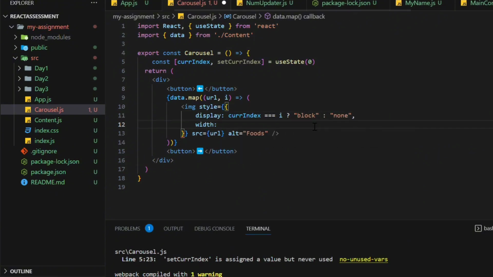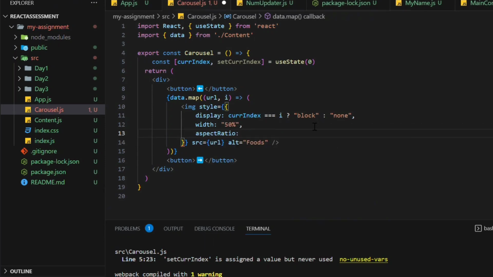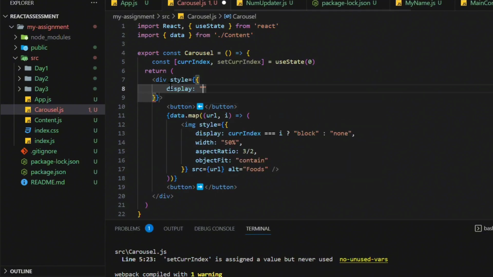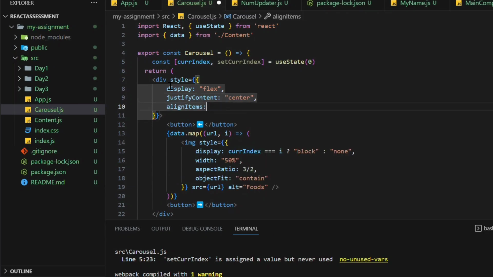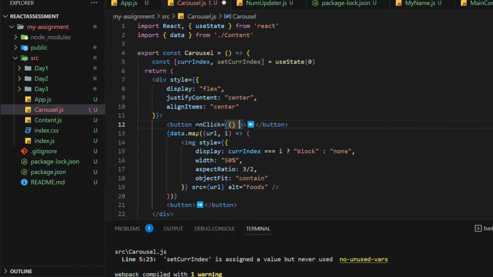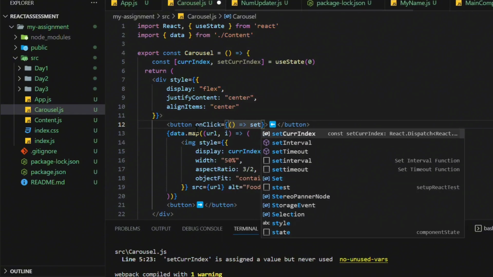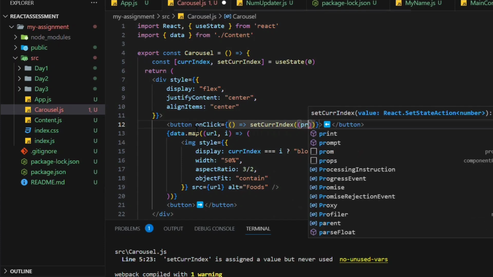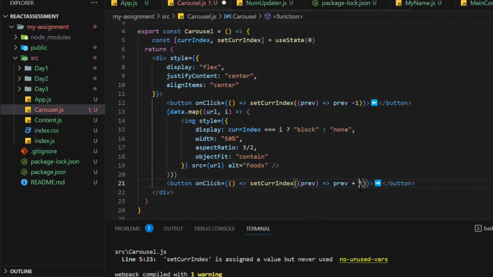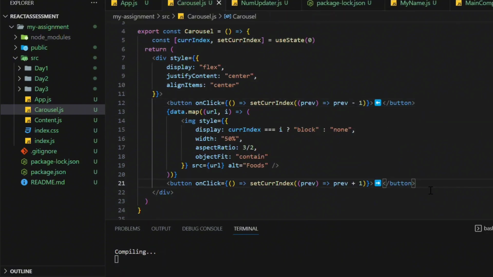And image width is 50% and aspect ratio is 3:2. Then objectFit contain. Also add style to the parent div, which is display flex, justify content center, align items center. According to our condition, our image is fine. Now write onClick events on the buttons with the help of anonymous functions and setCurrentIndex, which takes the previous state, such that previous state minus 1,